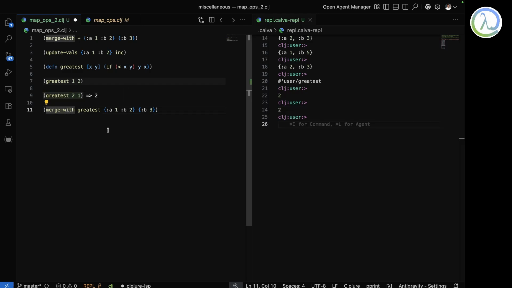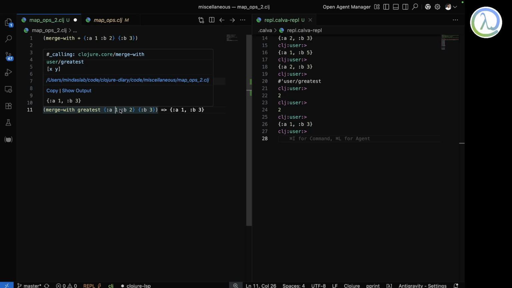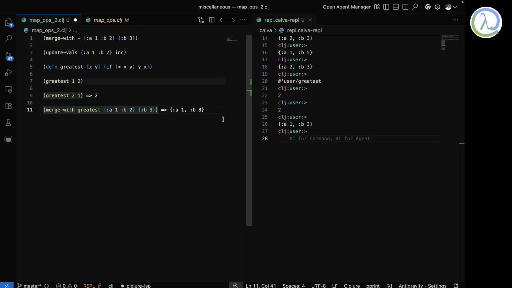And merge-with greatest means A1 B3, but I really don't know what it took as the default value over here. I'm not sure, so that's kind of